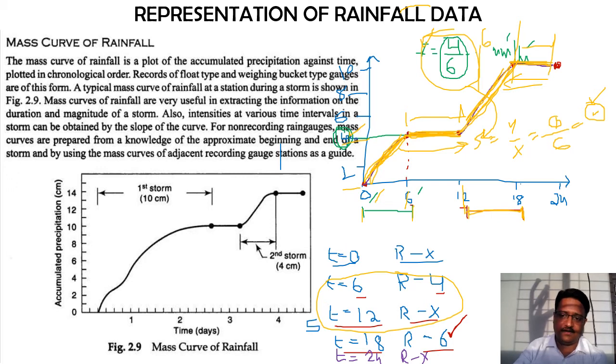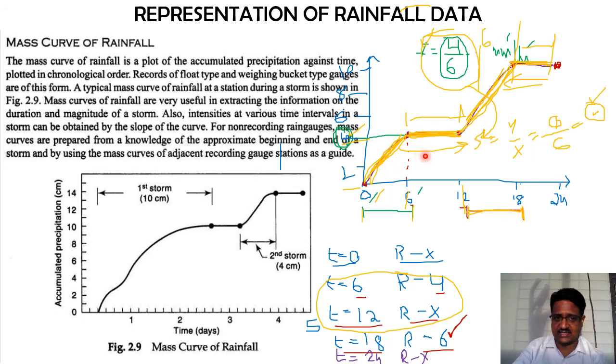Now the third question will be, what is the duration of rainfall? With this same figure that I have just explained, with this simple 24 hours setup, you can understand we had two rainfalls in this 24 hours. The first rainfall occurred from 0 to 6 hours, and the second rainfall occurred from 12 to 18 hours. I hope you can see that. So even the number of times the rainfall has started and stopped, even that time duration is available with the help of what? This rainfall mass curve. Fine.